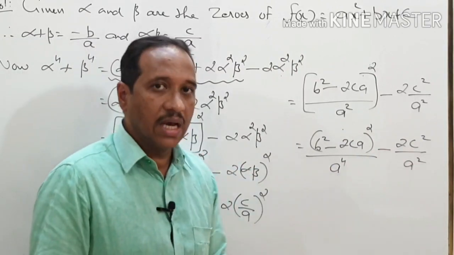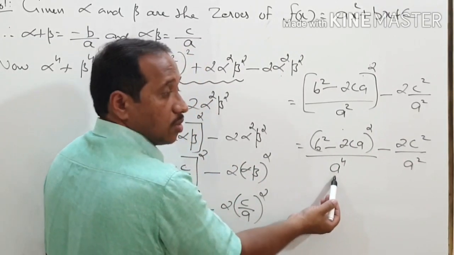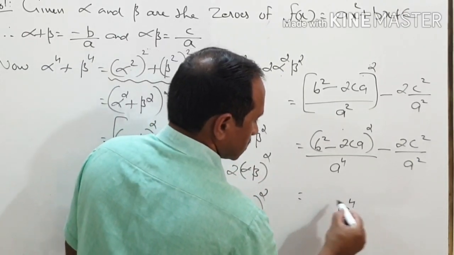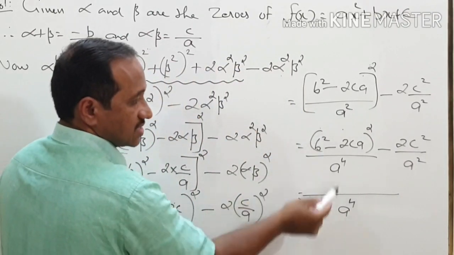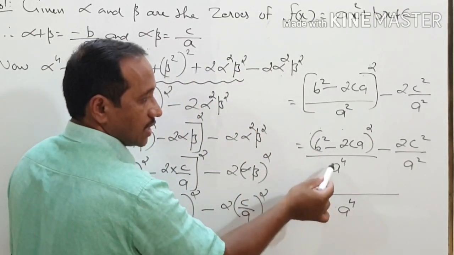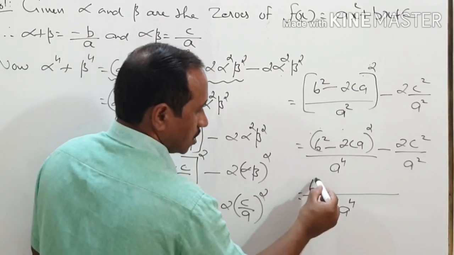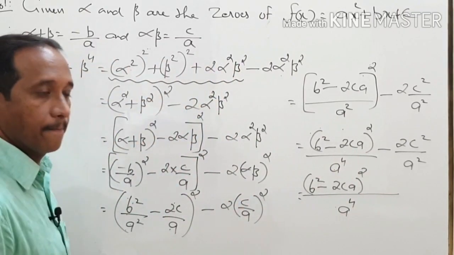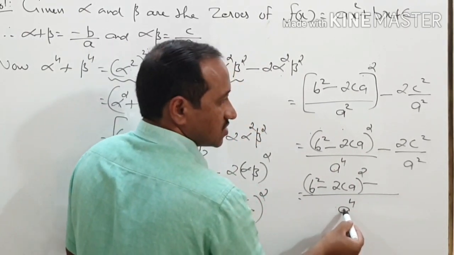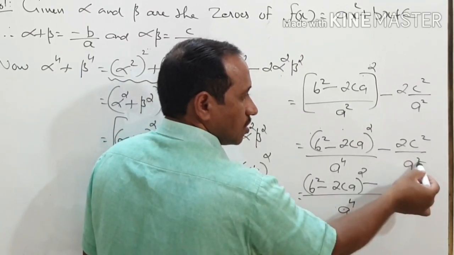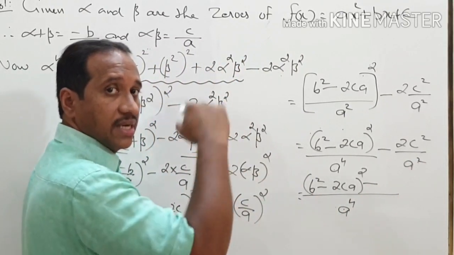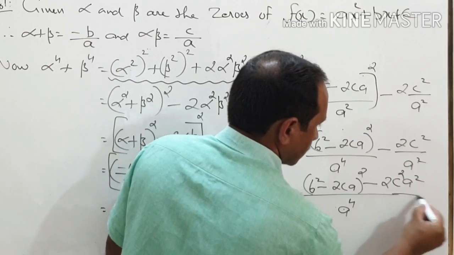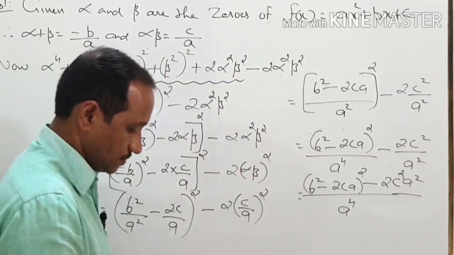Now we have two terms. I take the LCM of the two terms. The LCM of a raised to 4 and a square is again a raised to 4. So a raised to 4 is the denominator. If you multiply this term with the LCM, a raised to 4 and a raised to 4 will be cancelled, and we will have only (b square minus 2ca) the whole square, minus, if you multiply this by the LCM here, a raised to 4 and a square will be cancelled and a square will be left in the numerator. So this will become 2c square a square. So the final answer is